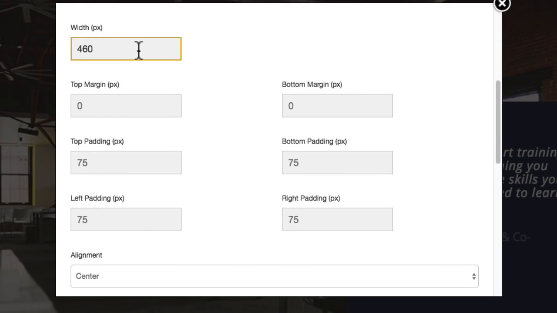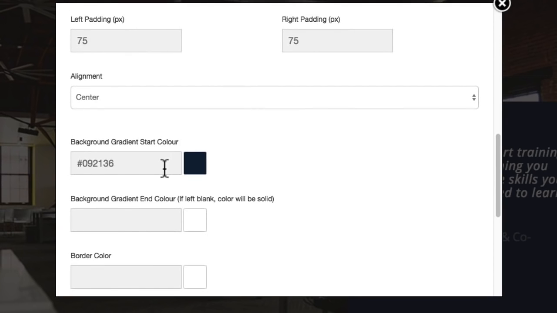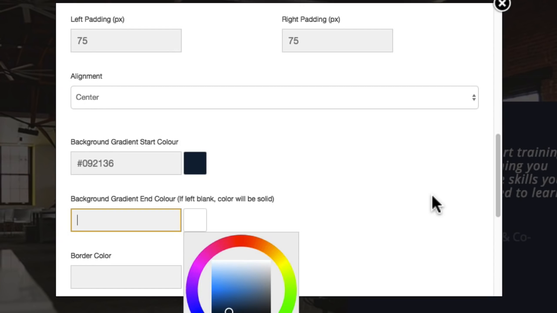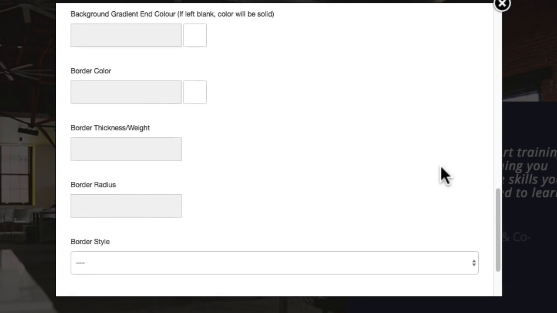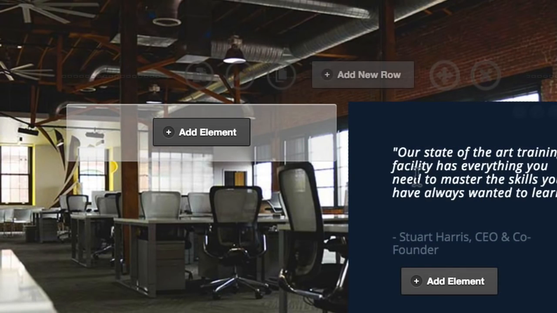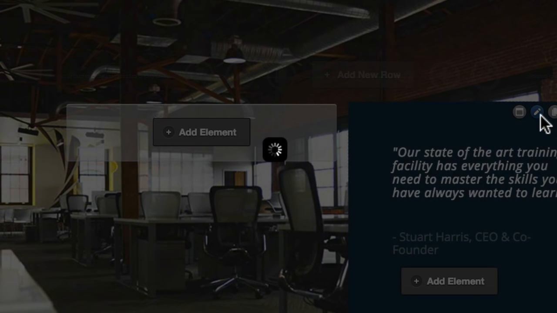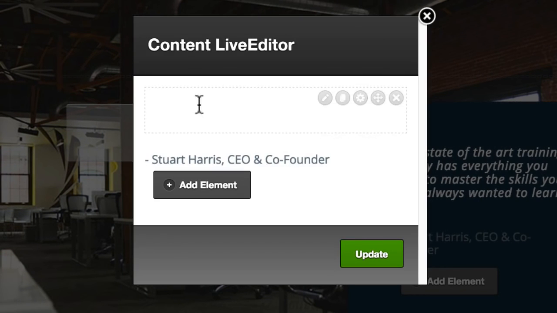So the box width is 460. It's got its padding around, which is top, left, bottom and right there. And then we've also included the background color, which is that same blue color which we're using throughout the template. And then inside the featured box, if we open up that, we've just included the header text here and then